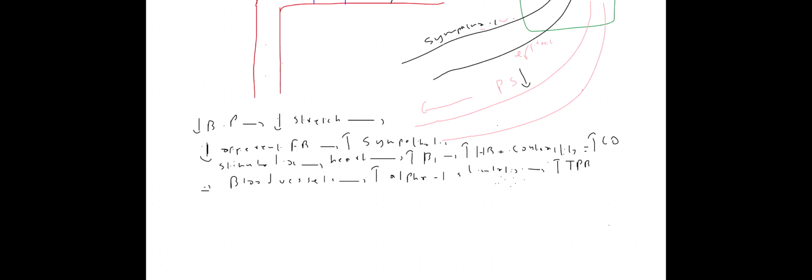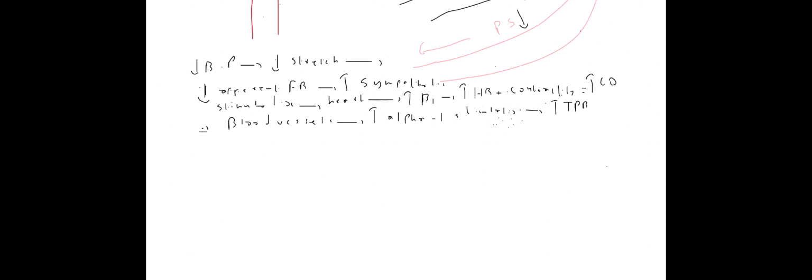So can anybody tell me why? What's the reason why the baroreceptors are located in the carotid artery? Because this is where the blood goes to the brain. Exactly. You want to control things from the brain. Very good. This is where the blood goes to your brain. So these are the two baroreceptors. Any question regarding baroreceptor?